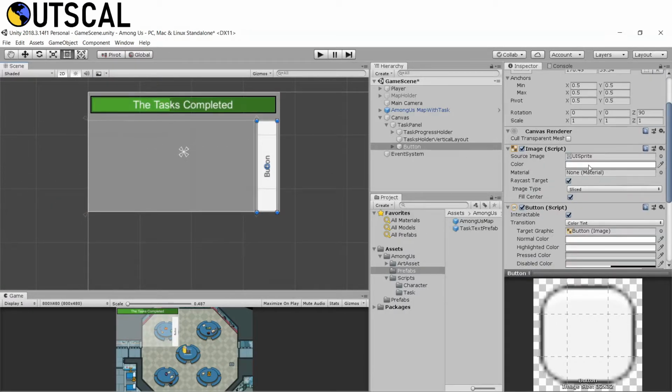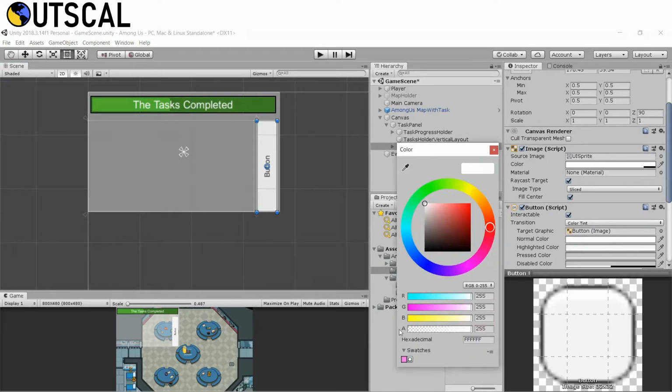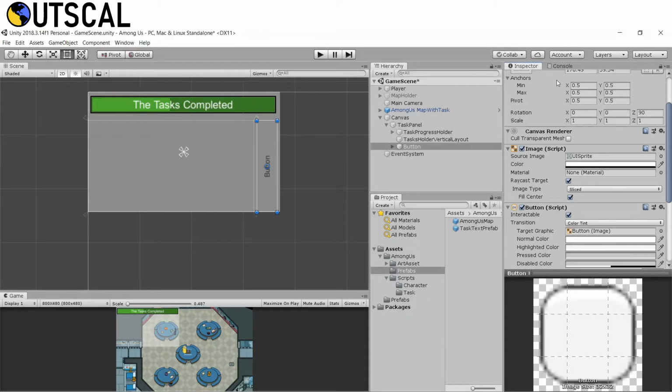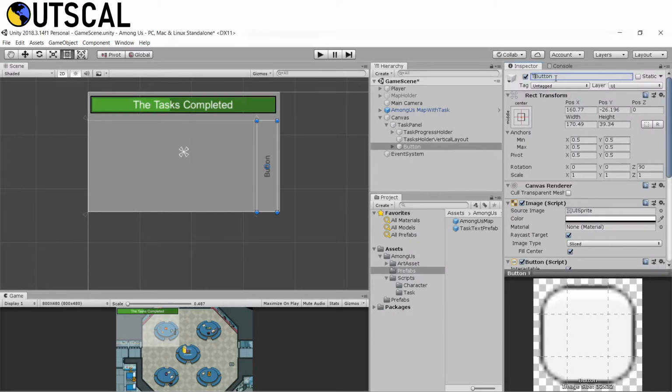And let's set the color of our button image alpha to 0, and we'll call this task hide button. So the same button will be used to unhide the task as well.